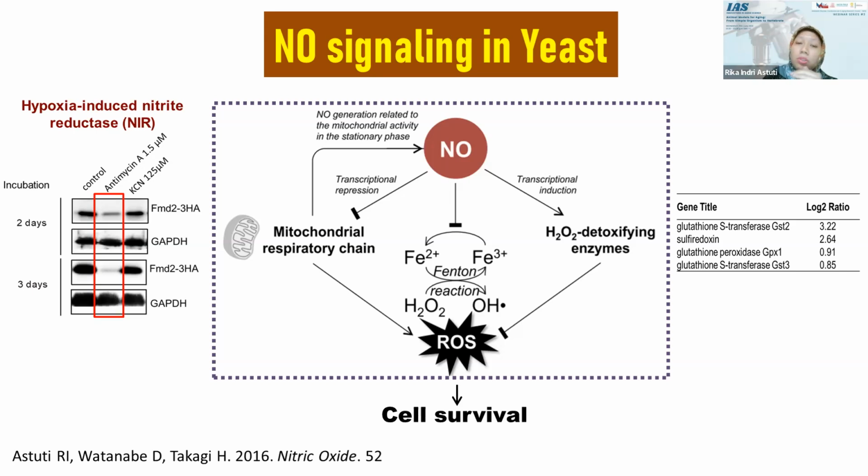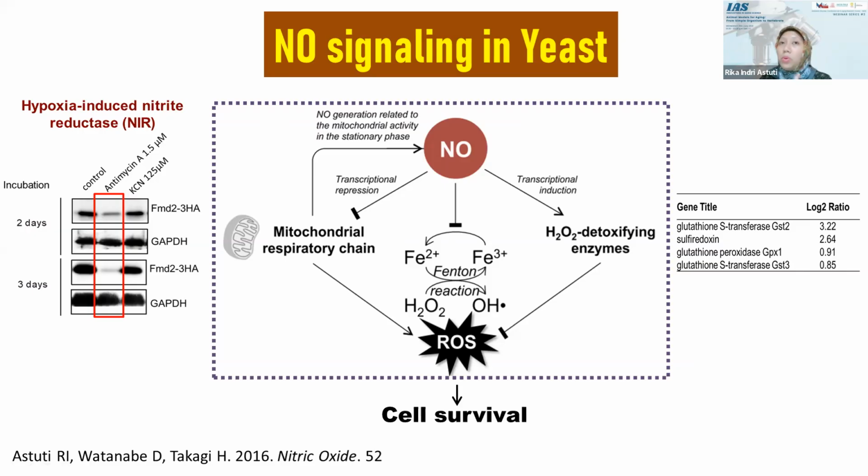And such a low concentration of iron is good for the cells, because when there is iron in the cell, H2O2 can be converted into another strong radical, the hydroxyl, because of the reaction with iron. And the hydroxyl here is a much stronger radical. It can directly bind to the DNA. So such regulatory activity by nitric oxide may reduce the accumulation of reactive oxygen species, thus resulting in cell survival /